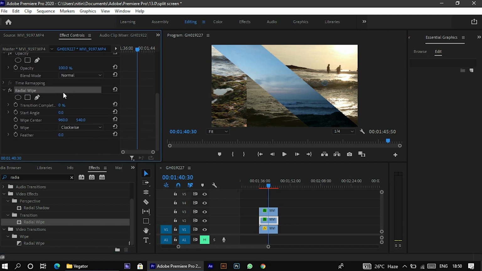Now go down to the radial wipe and first you can give it 50. I think 50 is the best. It will give that straight line to you. Okay, I'll just type 50. Okay, that will be good. Now I will put here -50 as well, so it will give me that straight line. I will just adjust this thing to my personal preference, so it will hide behind the first clip like this.